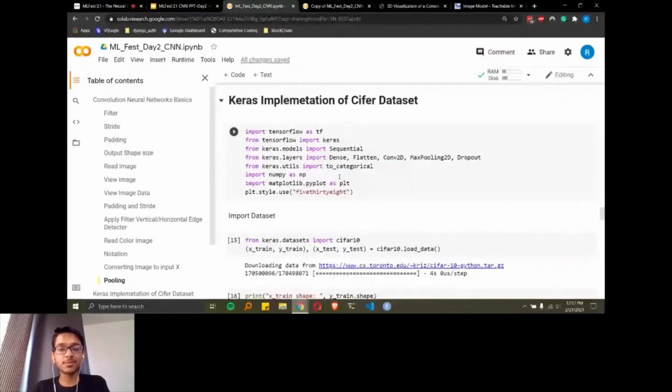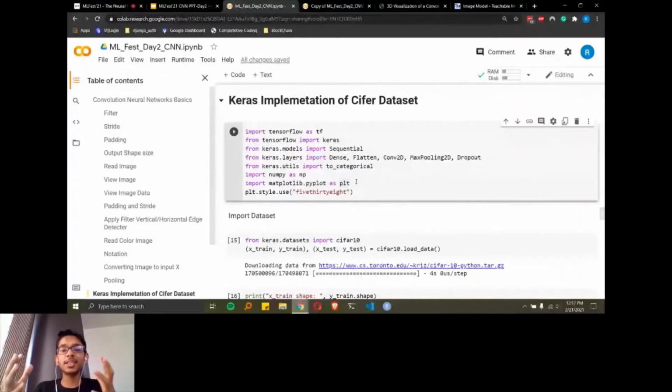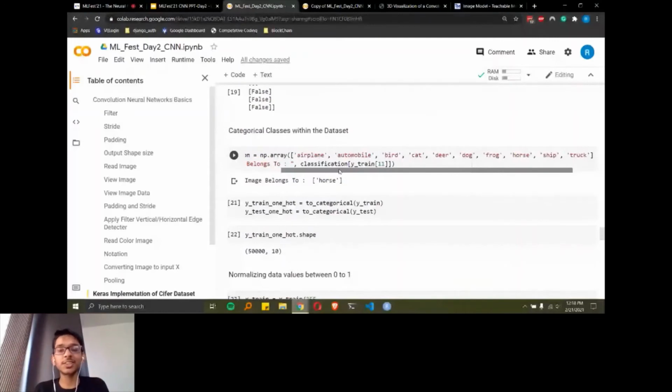I will explain that. So we are using the CIFAR dataset for this CNN model for predicting images. It has multiple classes in it. Those classes include airplanes, automobiles, birds, like all these images are present in the dataset itself. Okay, so I will go through it and try to explain it.